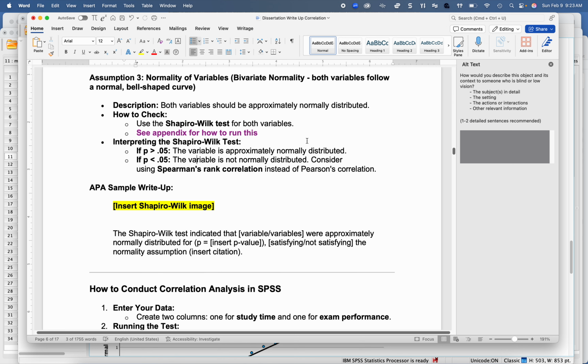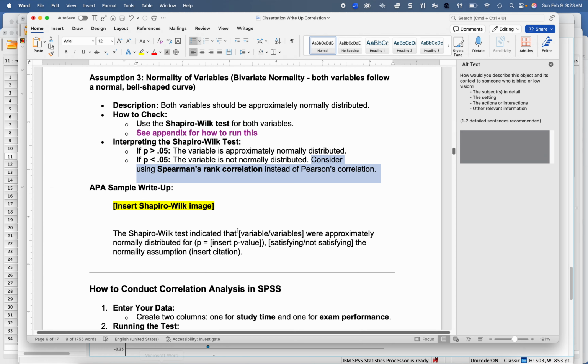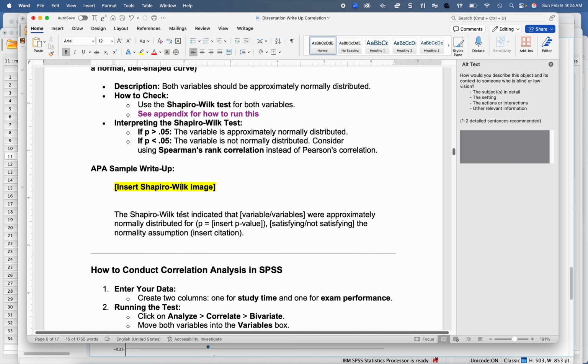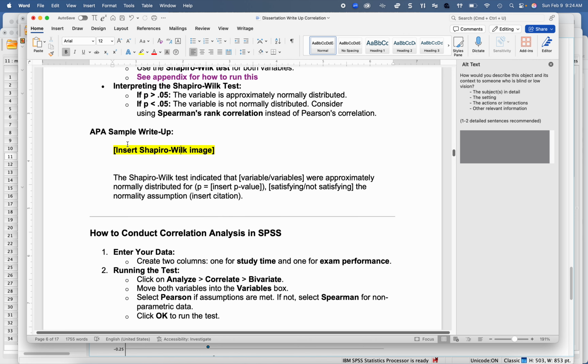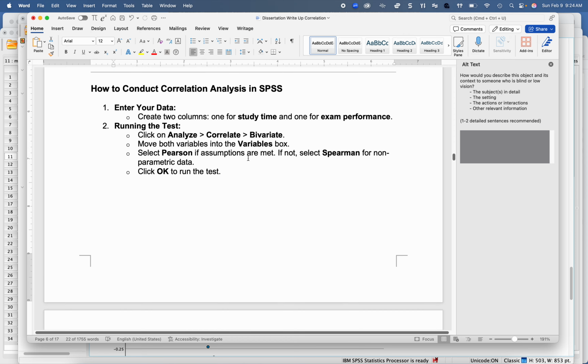So if it is not normally distributed, you can consider doing Spearman's rank correlation instead of Pearson's correlation. And all it means is that a different thing is going to pop up. So I'm going to go ahead and do Spearman's because the normal distribution is violated. So I will not do Pearson correlation. So I'm going to insert my Shapiro-Wilk image. I'm going to clearly state my follow-up. And then I'm going to go in to do my